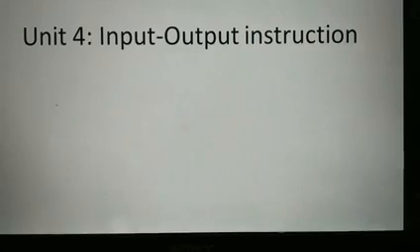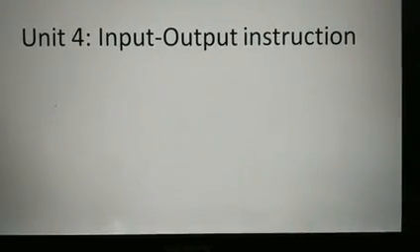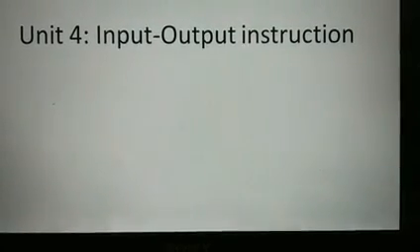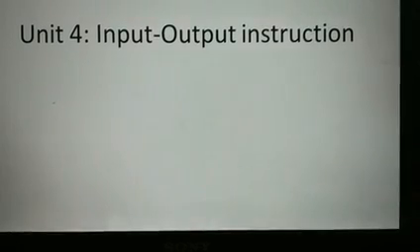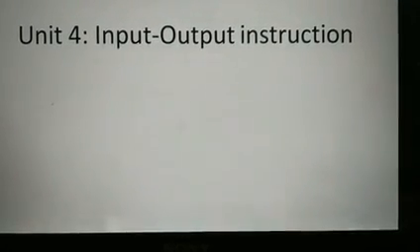So what is the definition of input? An instruction which is used to input information from the user is known as the input instruction. And what is output instruction? An instruction which is used to print something on the screen or any other output device is known as the output instruction. Now in this chapter